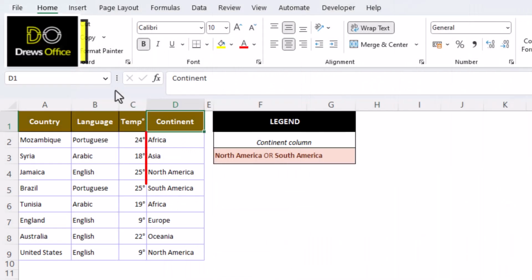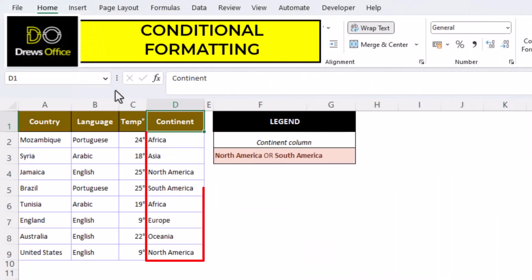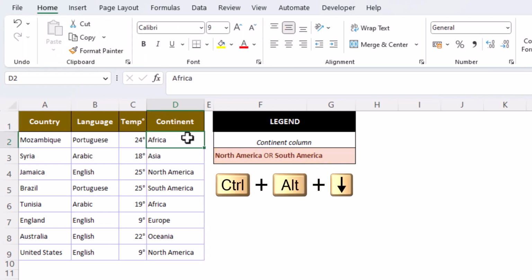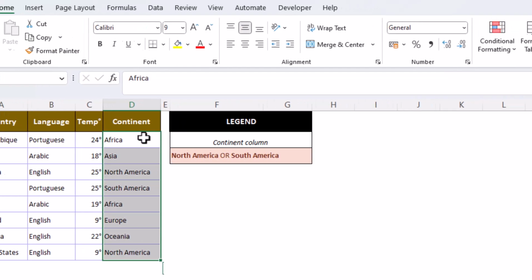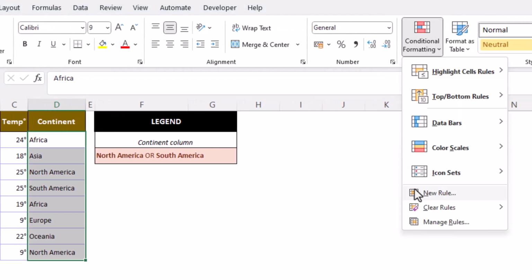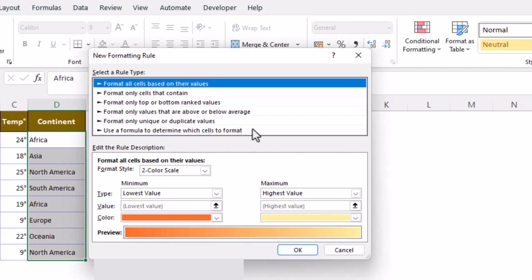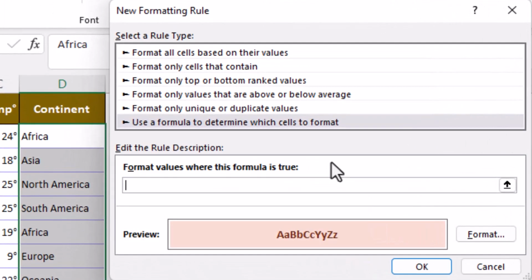On the continent column, we want conditional formatting to highlight North America or South America. Select the data, create a new rule using a formula. We want the OR function. We need to work our way down the column, starting with the first cell in the data range, equals North America, which needs to be wrapped in double quotes, a comma to separate the text values,